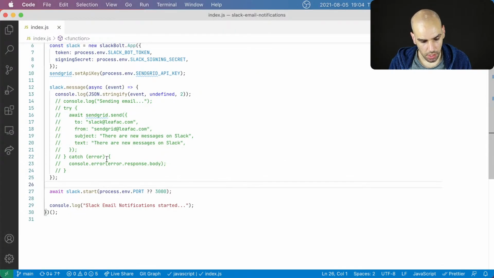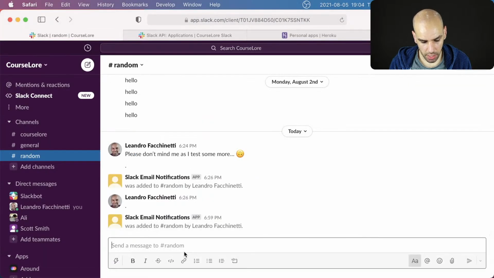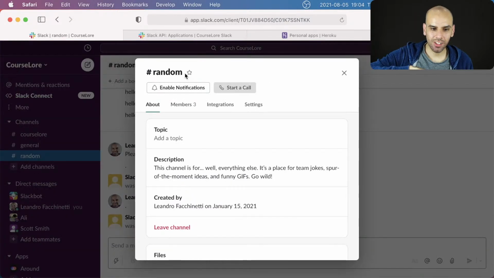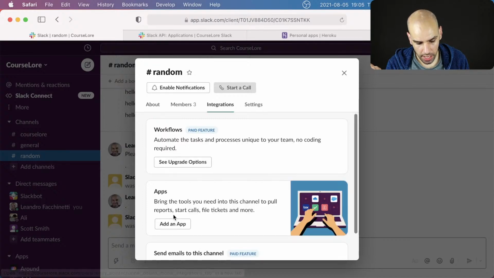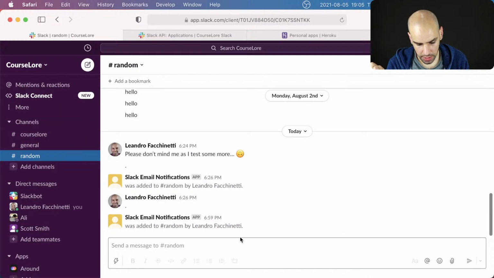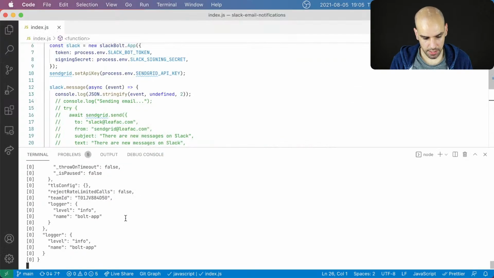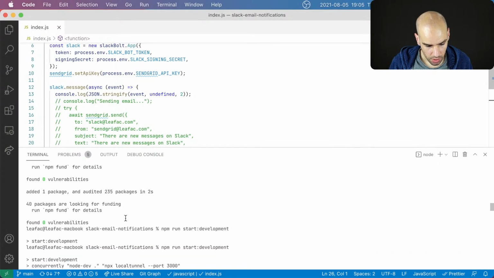So now the events are going to the new URL, and I am running the app on my machine. So I can come here and, did I add? I had to uninstall the app and reinstall the app to get a new key. So did I remember to add the app to this room? I think I did. So if I say something, yes, I got some output. Excellent. So I received the message.